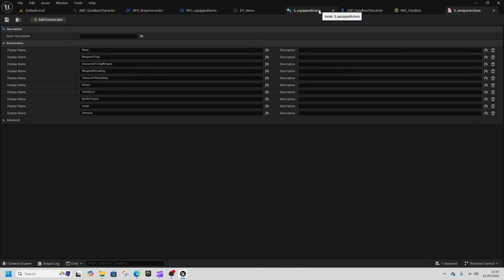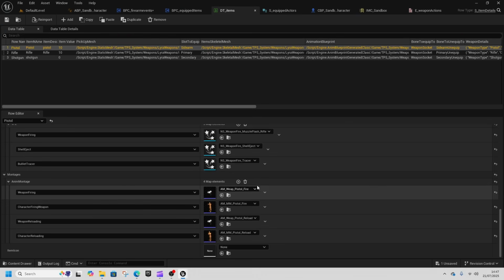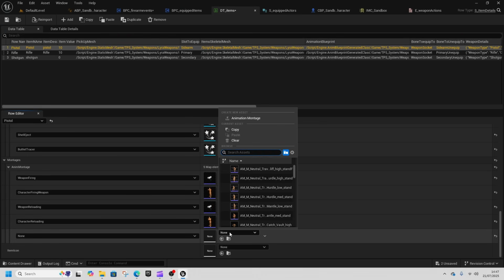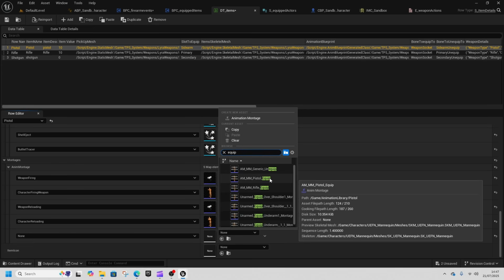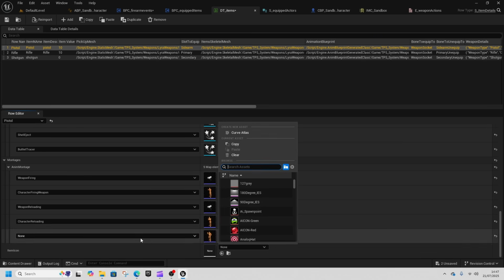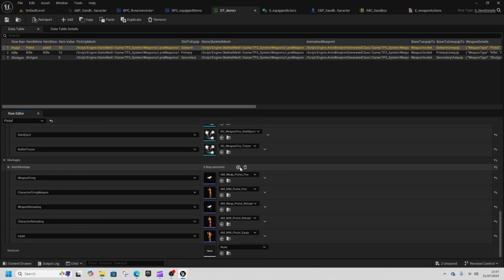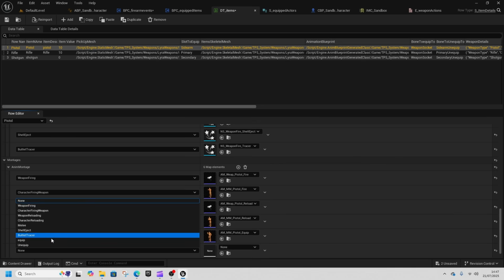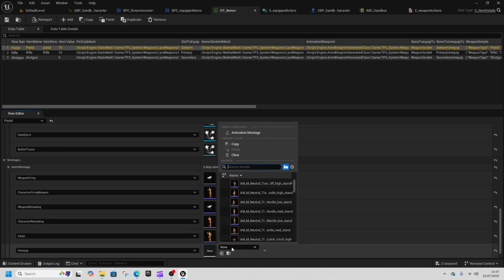So we can do back in DT items for the pistol. We've got equip, so pistol equip, and we can just select that, add a new one. And then we've got unequip,